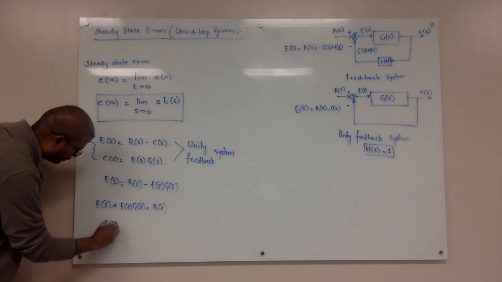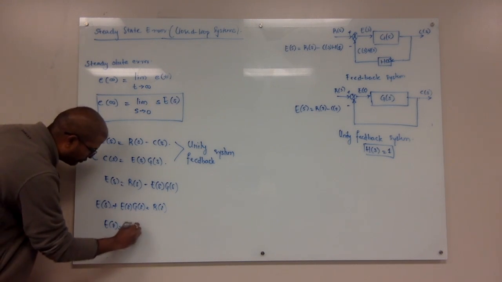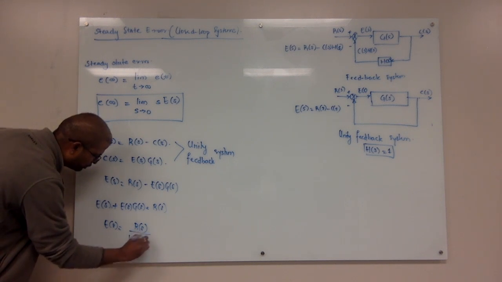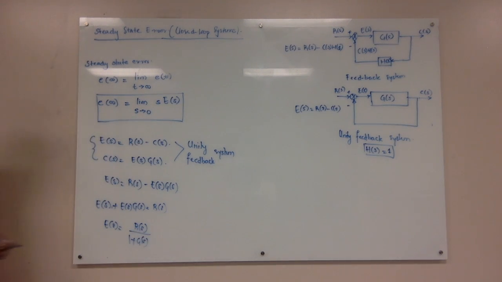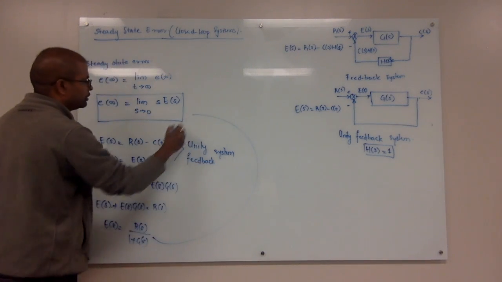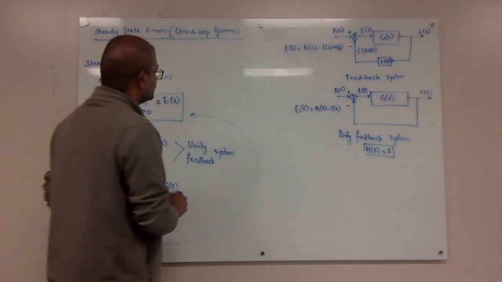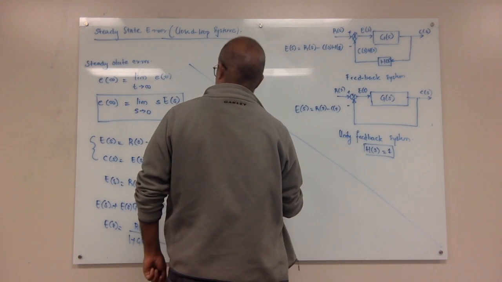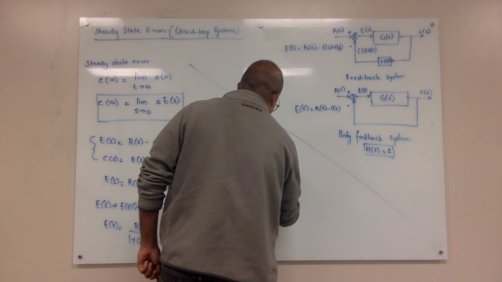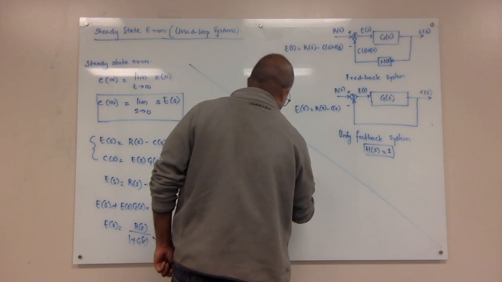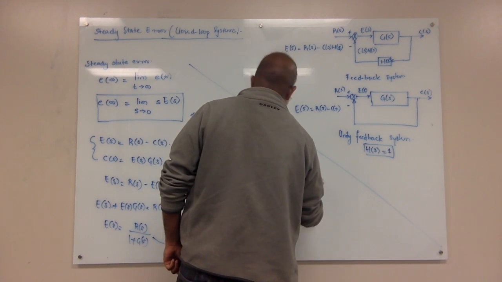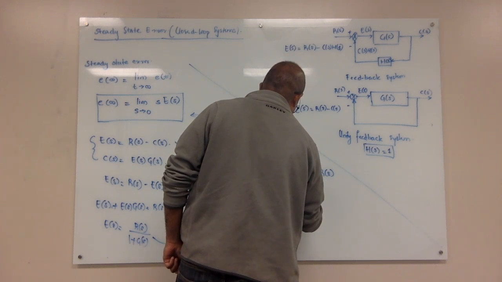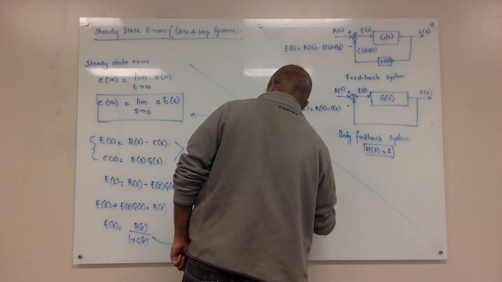So E of S would be R of S divided by 1 plus G of S. Okay. And if I substitute this back here, you're going to get E infinity, which is steady state error, equal to limit s tends to 0, S R of S. If R of S is 1 over S,